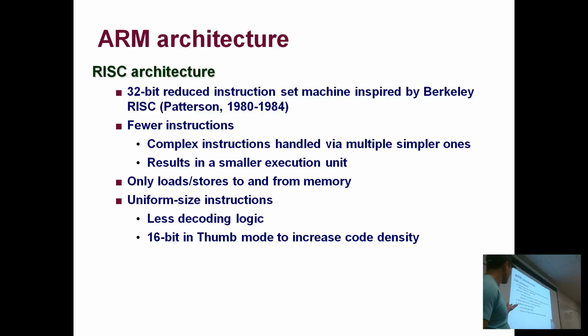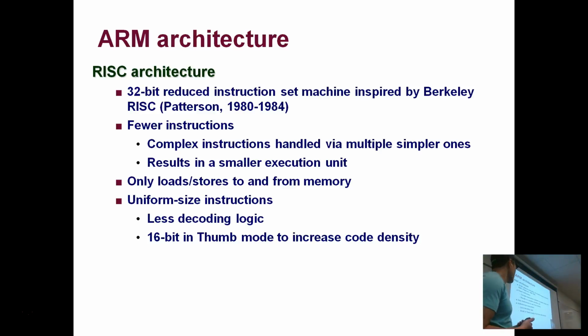Another interesting thing about the architecture is that there are only loads and stores to and from memory. That is a separate thing versus x86, where one of the operands, like for an arithmetic operand, could actually be a memory location. And it's both a load and an arithmetic computation and potentially a store in one instruction. So in ARM, you load it from memory, you do the add, you store it in memory as 3 separate instructions. And that's just sort of like a microcosm of everything in ARM. That's kind of interesting that they didn't even split up that, even though that's like one of the biggest things that everybody always has to do. You always have to do something with memory at one point. And they didn't even speed up that.